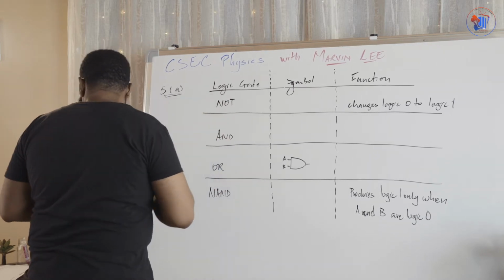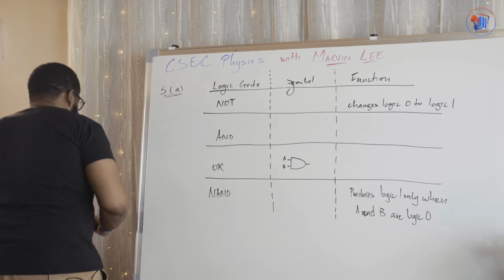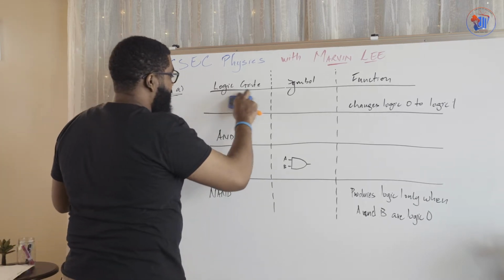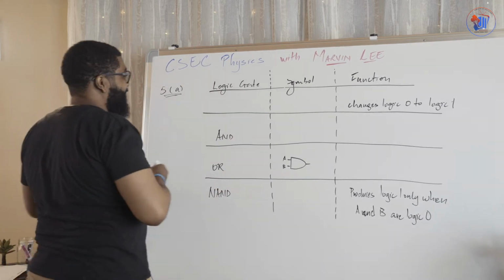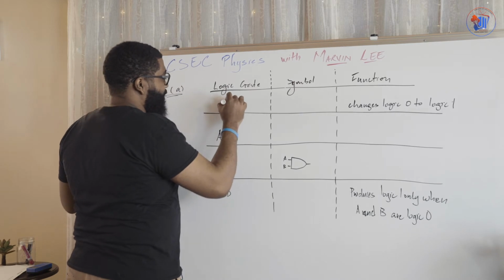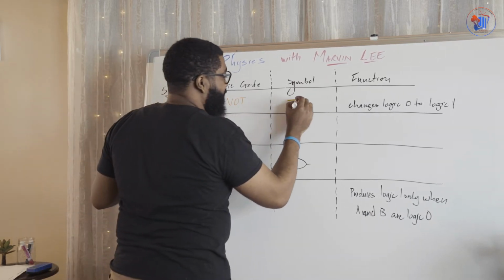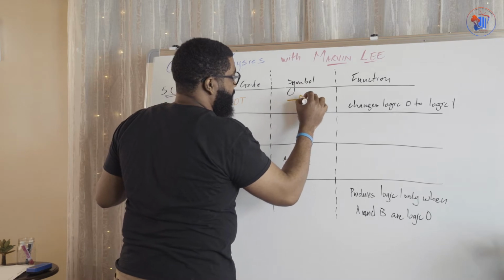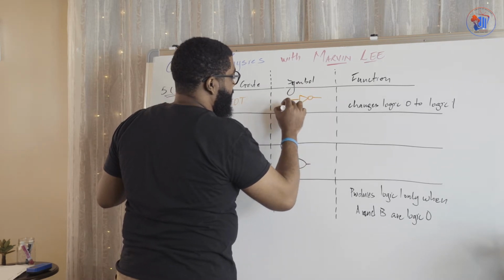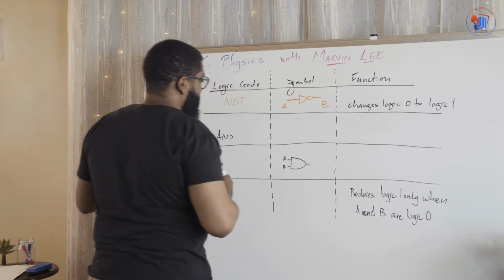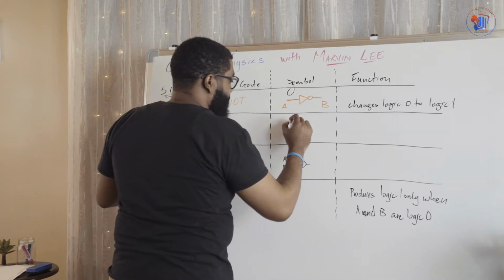You know what? Let me write my answers in a different color so that they're more easily seen. And I just love how the orange looks. So, NOT. The symbol for the NOT gate is this. A input, B output. The AND gate